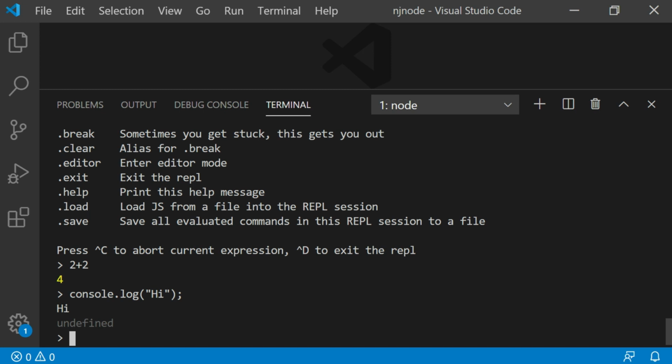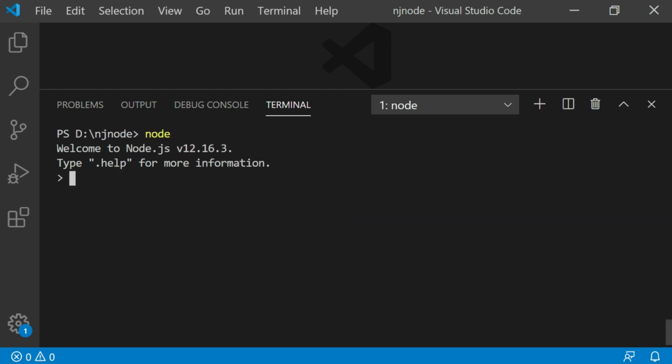This is okay. But what if you want to type, let's say, a bunch of lines, that is a script which you want to execute? That is also possible. Let's say that I want to create a function. So when you have to type multiple lines, you have to go into the editor mode. So you can say .editor. The moment you type this command, that means now you are in editor mode. Here you press Ctrl D to finish and Ctrl C to cancel.